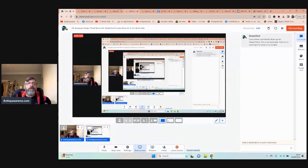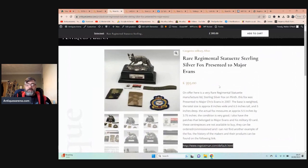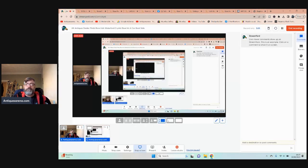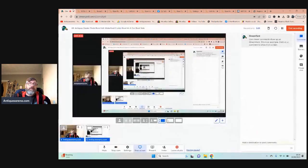Where am I at? Bear with me. So, okay, going back to this fox. Beautiful thing. You can find out the history of the officer, how important the officer was, and things, all from his service record. You've got the fox in beautiful condition, and it's just a really nice thing. Okay, so this fox,